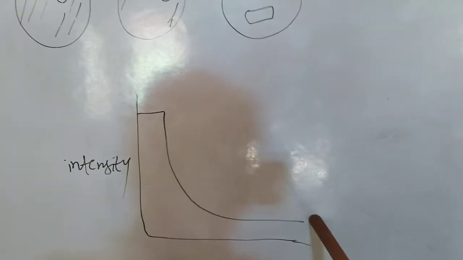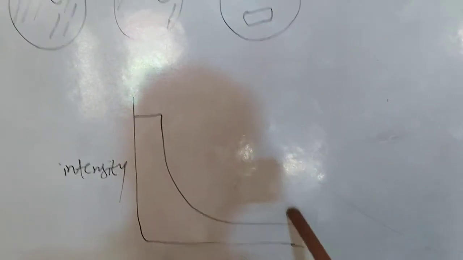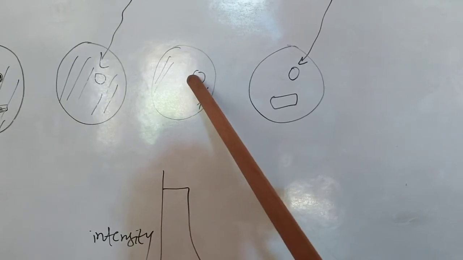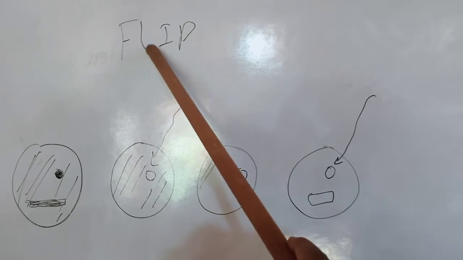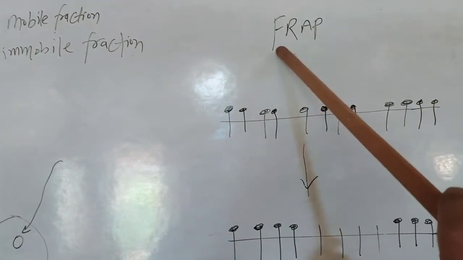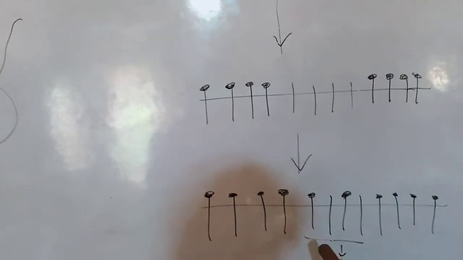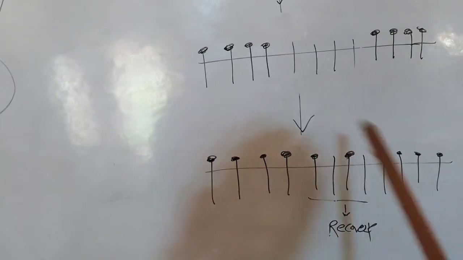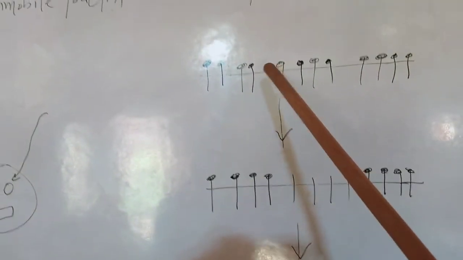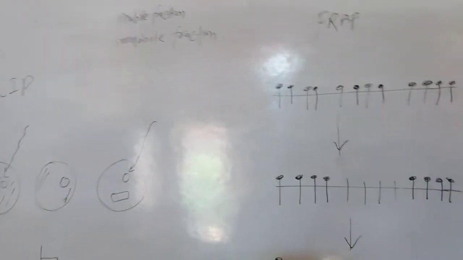Okay, so this shows we are not going to let this fluorescent area recover, because we are going to give it a continuous laser beam. This is the FLIP process, and in the fluorescence recovery after photobleaching (FRAP) process we stop our laser beam so that fluorescent labeled molecules come by the diffusion process from their surroundings, and that's why we call it fluorescence recovery after photobleaching. So these are the processes FLIP and FRAP.